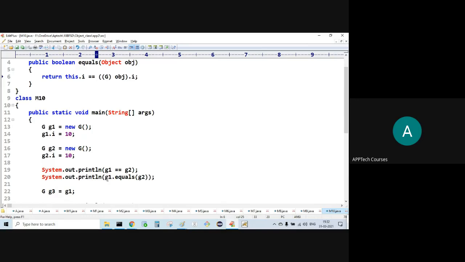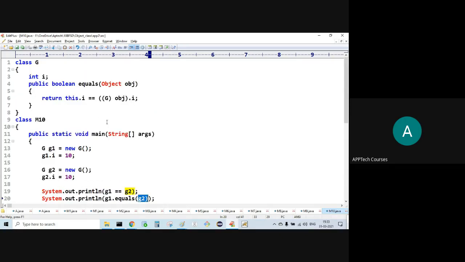Now, on the G1 reference, I'm calling the equals method, supplying G2. The equals method of the G class will be executed.